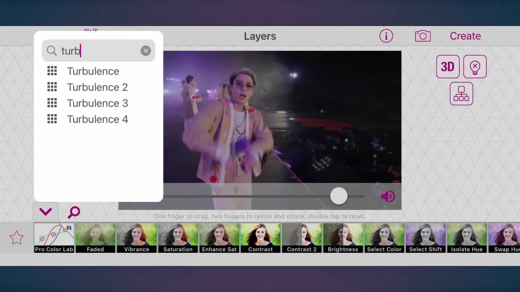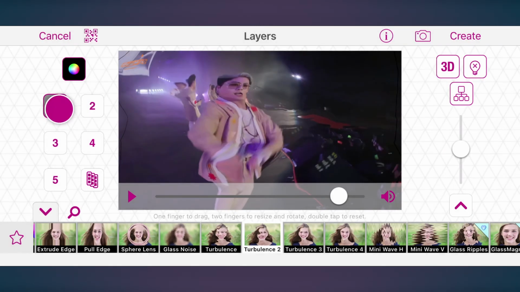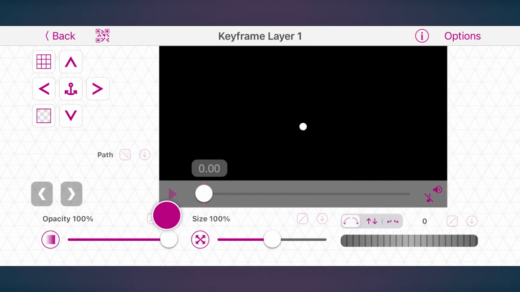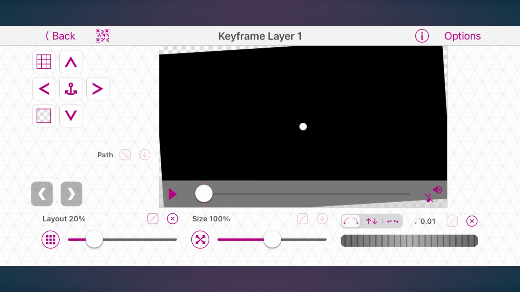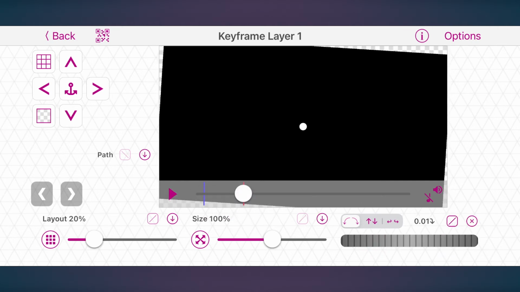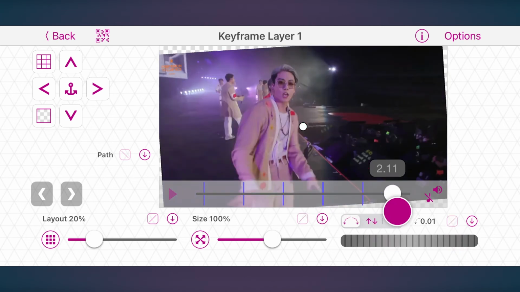Panning adds movement to your footage. Think of it like moving a camera, like this. Place the video in multi-layer and add turbulence too. Make it very slow and save the effect to about 20 throughout the clip. Now add keyframes for rotation every 15 frames, give or take. The video will first rotate to the left, then to the right, and so on. Each time you rotate, set it to 1%.